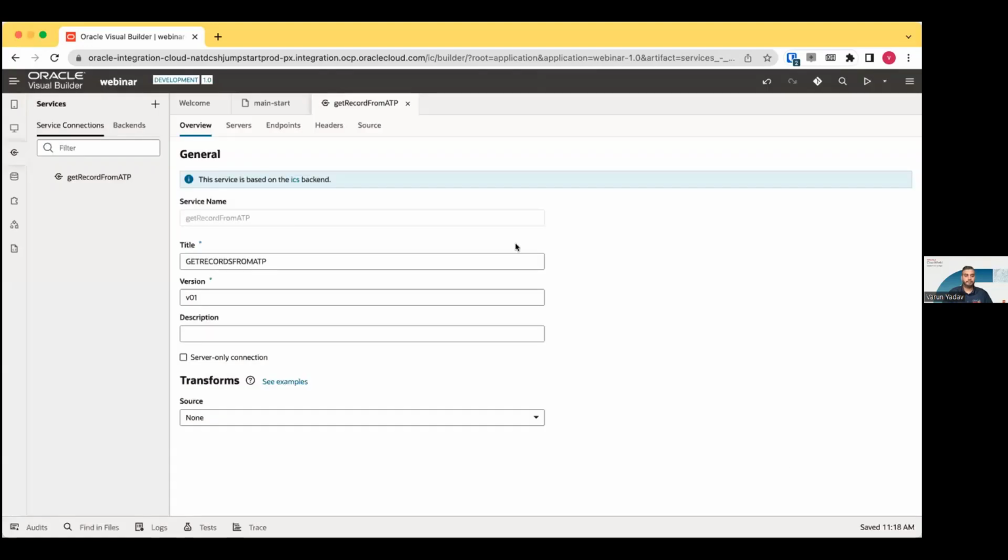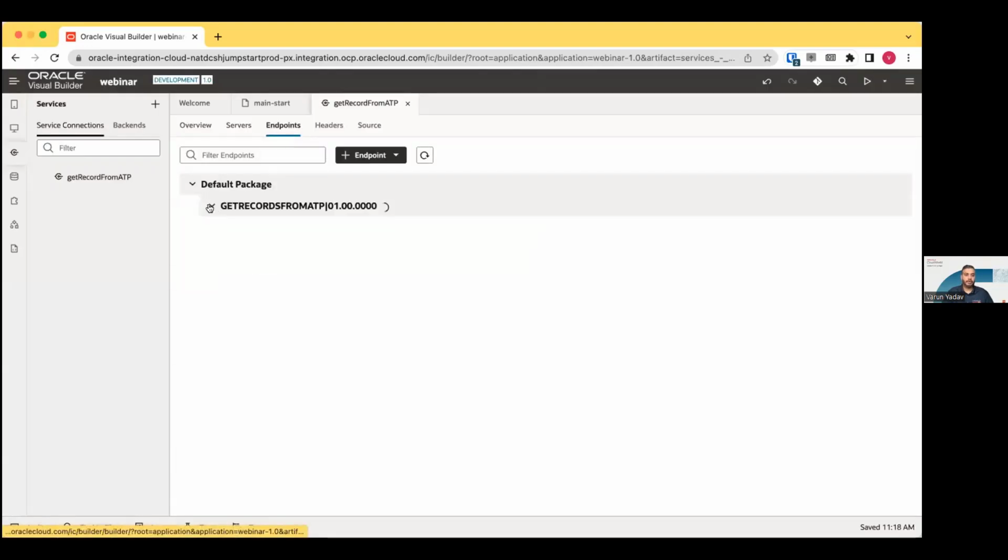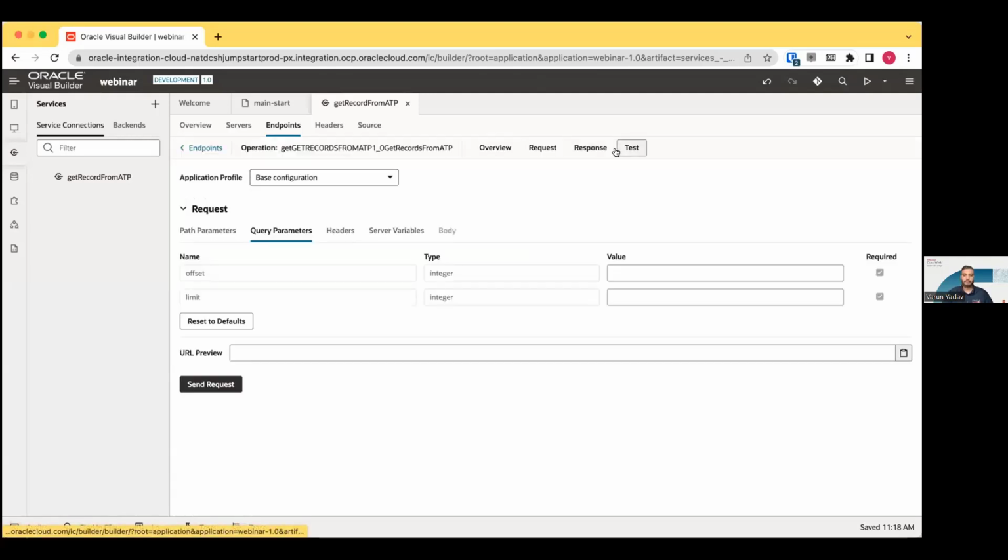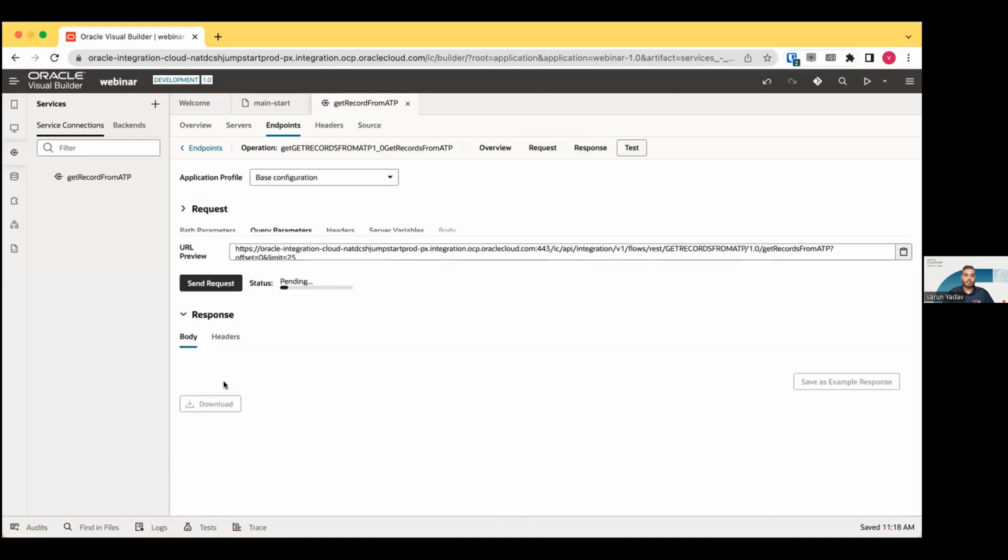Click create. And if I go to the endpoint, let's just test our endpoint to make sure everything is working fine as expected. I'll go to the test part. You can see the integration accepts offset and limit as query parameters. So if I put offset as 0 and limit as, let's say, 25, and click send,